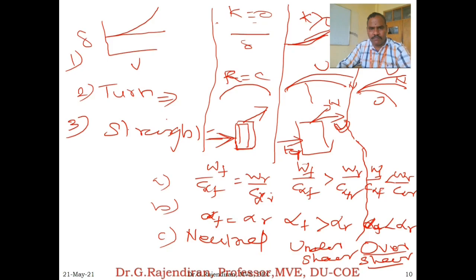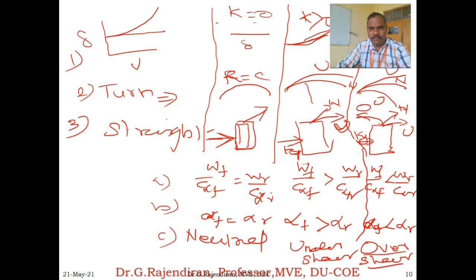And the next third behavior: when the vehicle is moving over a straight line, the side force Fy is acting here. Clear? Due to this force, there is one direction. This is called neutral steer. Then if the direction of motion of the vehicle is away from the applied force, it is called understeer. Clear? In the oversteer case, the direction of vehicle motion is opposite to that of the applied side force, and that is called an oversteered vehicle.